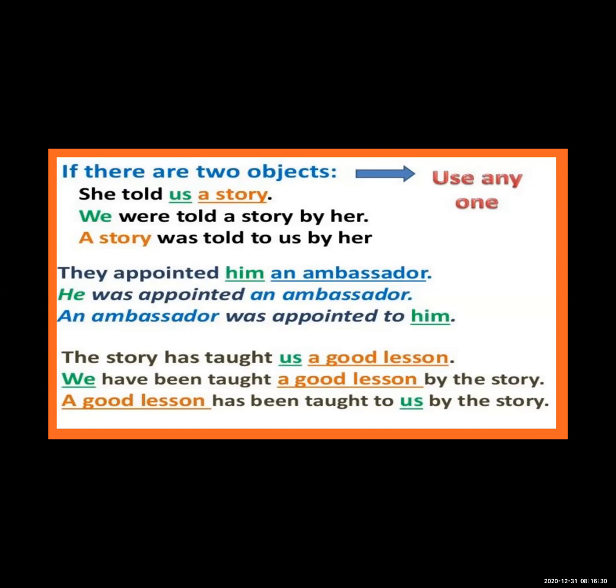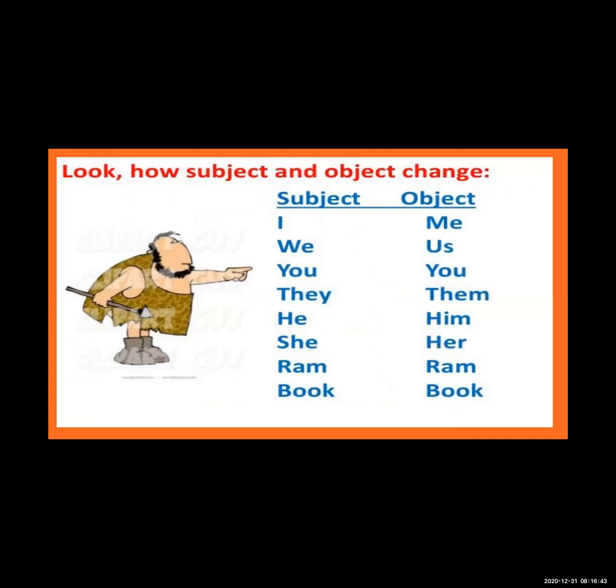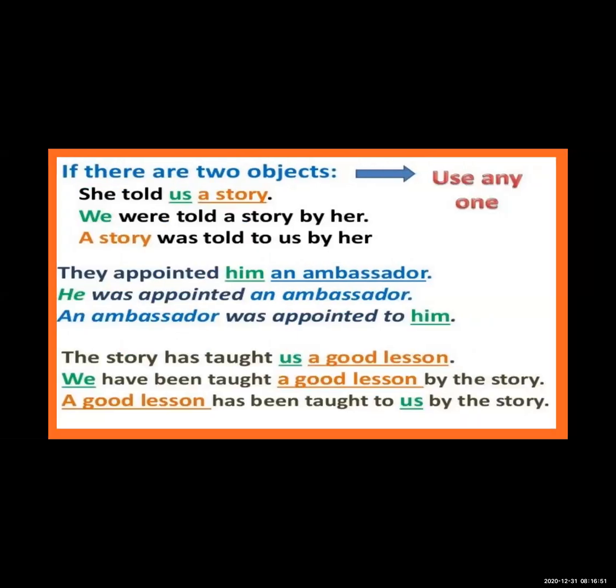So every time you have to take one particular object, and at that time you can form an answer. As you can see in the first one, us is taken, us will become we. Yes, as we have seen here, us. See, if subject is we, object will be us. Second one. So over here, if the object is also us, then over here subject has converted into we. So using us as an object, the first statement is carried, and using a story as an object. Now a story will remain a story only.